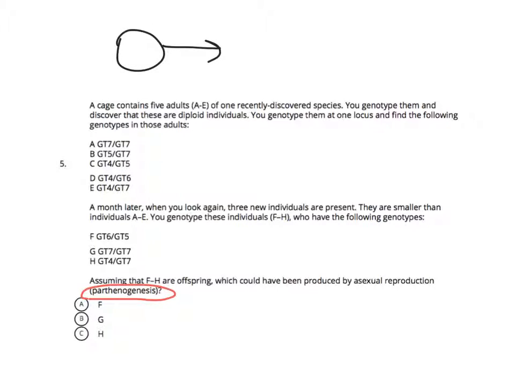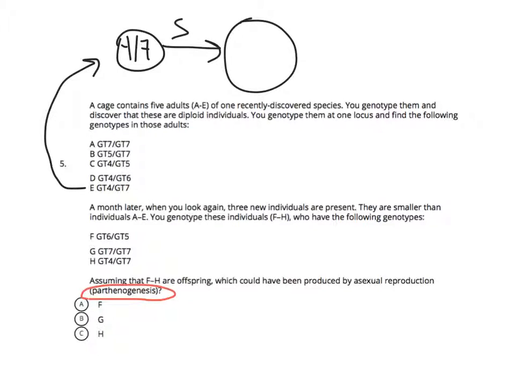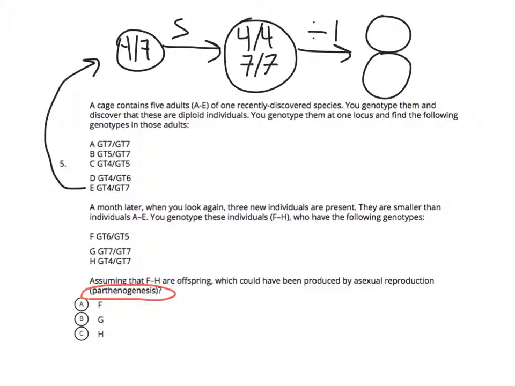So let's say you had an individual like parent E here. It was a 4-7 heterozygote. After synthesis, at the start of meiosis, you're going to have 2 copies of allele 4 and 2 copies of allele 7, 4 pieces of DNA in this cell that we're interested in. What does this look like after the first division? How do those 4 alleles segregate in the first division of meiosis?